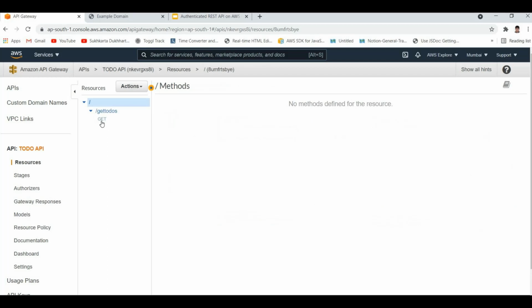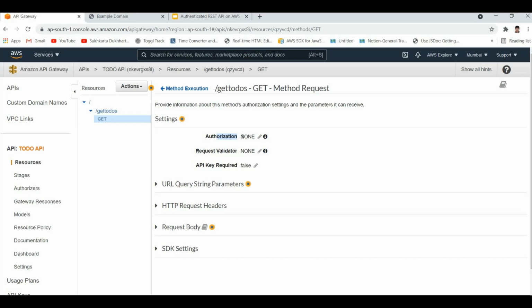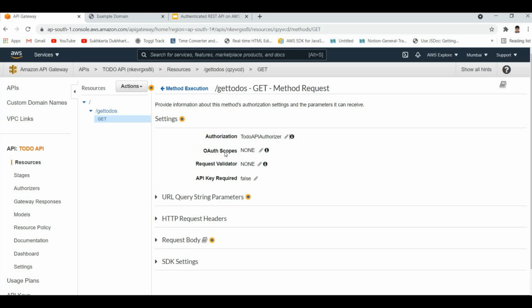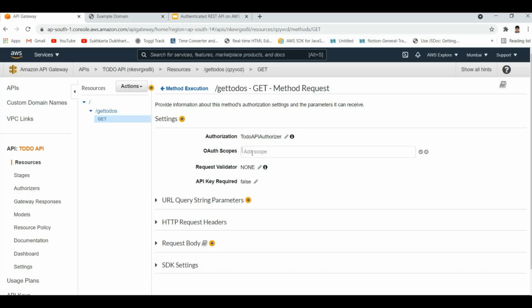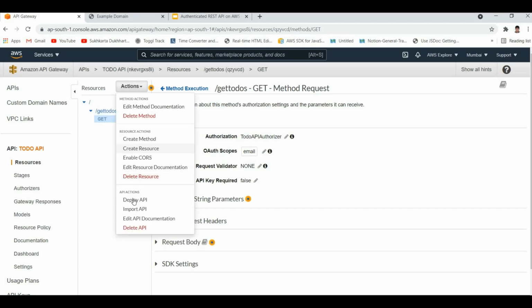our resources, the specific method request, and here in authorization for now it is none, so that is a public API. Now we are selecting the Cognito user pool authorizer that we created. Okay, and once we save it, we will have an auth scope. As the auth scope, for now we are giving email. Okay, so it is auto-saved like this. Now this API is secure, so let us deploy,